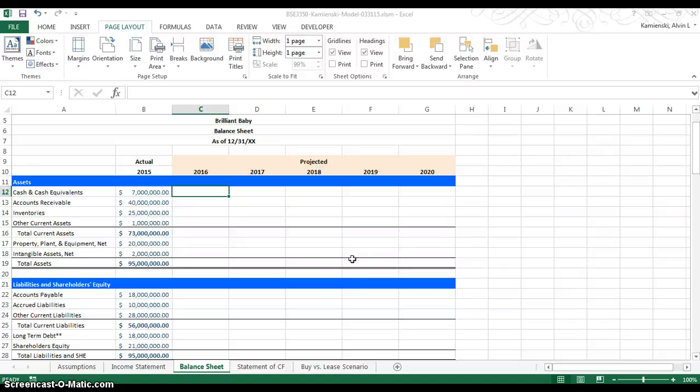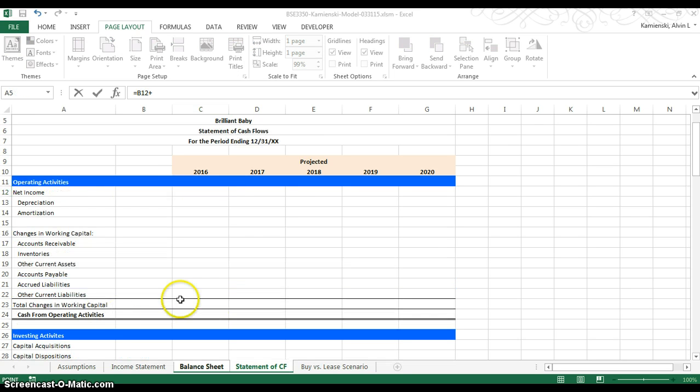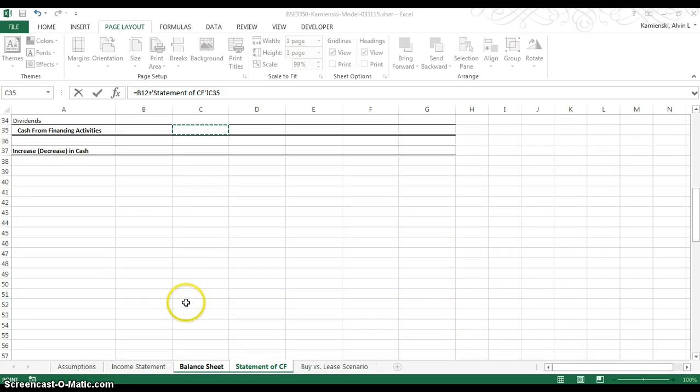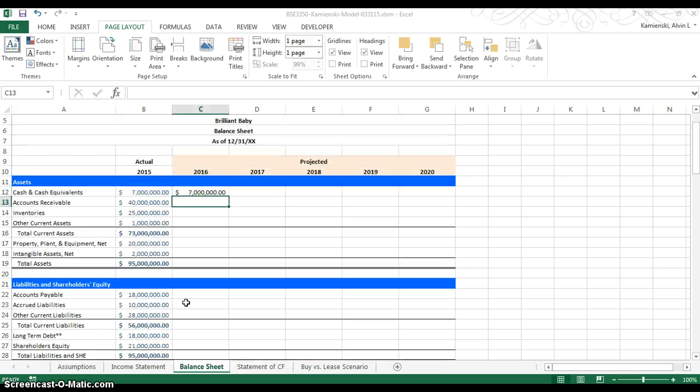Let's move on to the balance sheet now. Starting here in cell C12, let's deal with cash and cash equivalents. The formula for that is going to be equals previous plus, then from the statement of cash flows out into 2016, we're going to add on increase or decrease in cash. Accounts receivable is going to be equals to